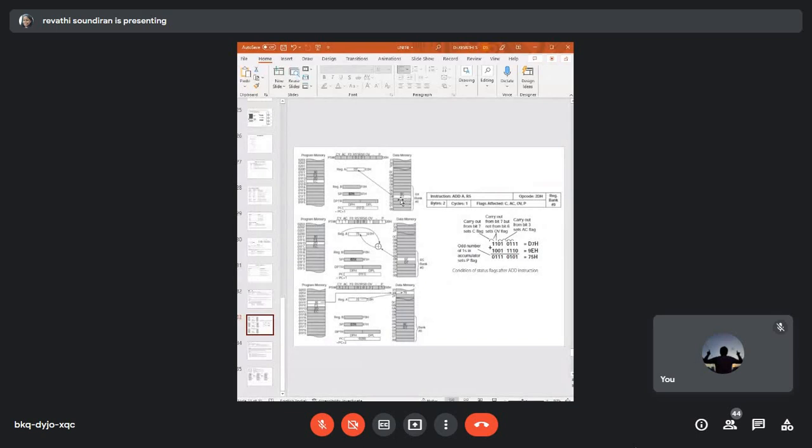So now upon the execution of the first instruction, what is the first instruction? Contents of R4 to A. Okay, so now the contents of R4 is what? D7. So D7 has to be moved to the accumulator. Okay, now what happens is that upon the execution of that first instruction, which is MOV A, R4,